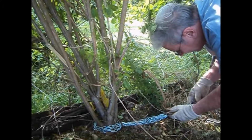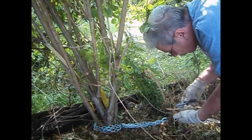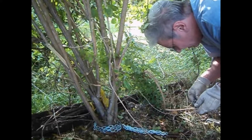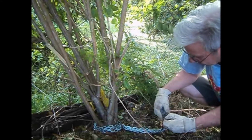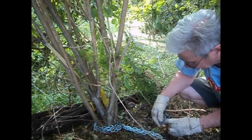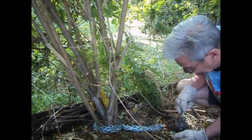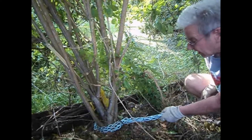Uh-oh. That don't go through there. Shit. Alright, here's what we gotta do. I'll put this through here. I'll put the loop through there, and tie it. And it'll hold. Okay. Now,